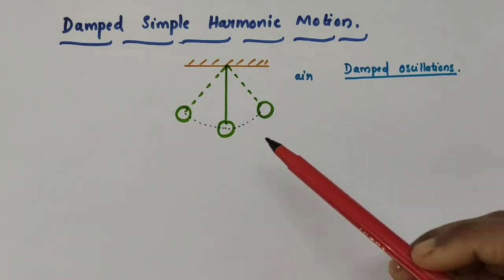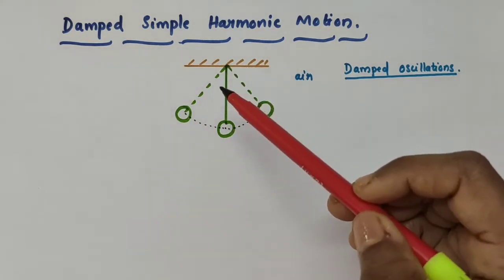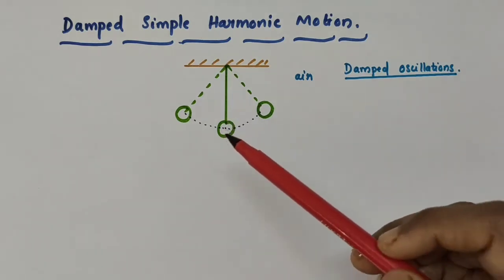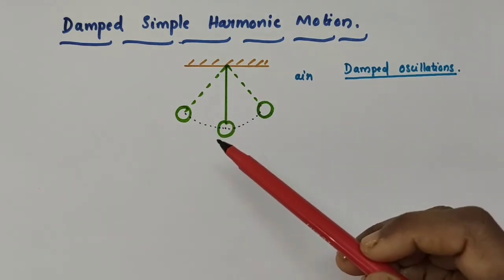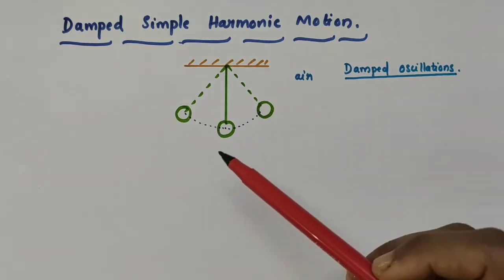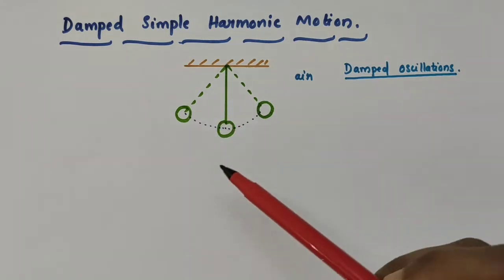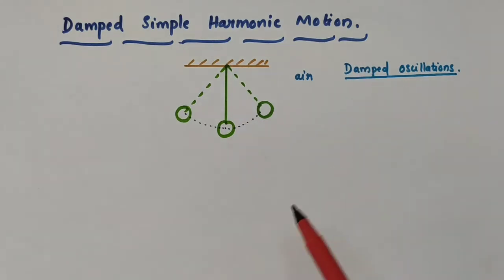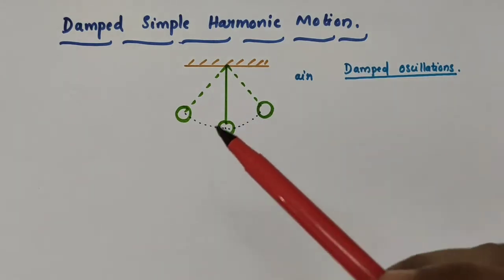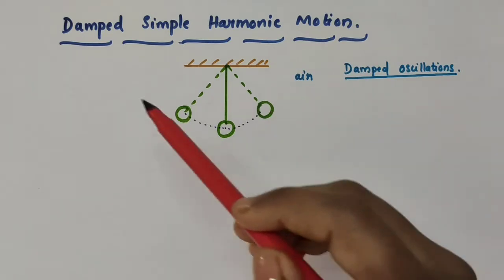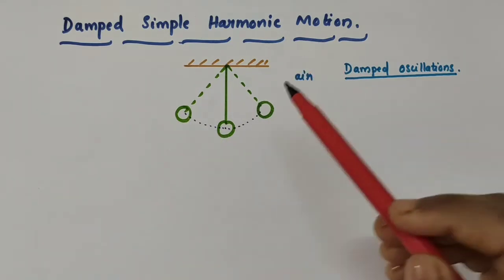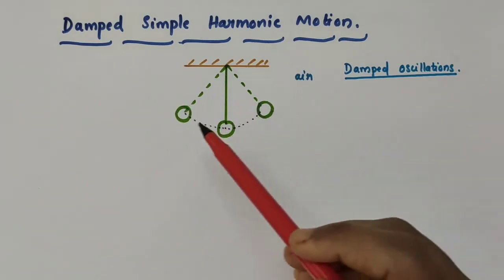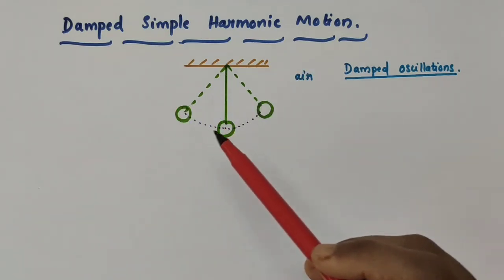So the air drag and the friction at the support oppose the motion of the pendulum and dissipate its energy gradually. The pendulum executes oscillations which die out eventually. So the pendulum is said to execute damped oscillations. First the pendulum may be oscillating like this, a to and fro motion, but due to air drag and the friction at the support, its energy dissipates and